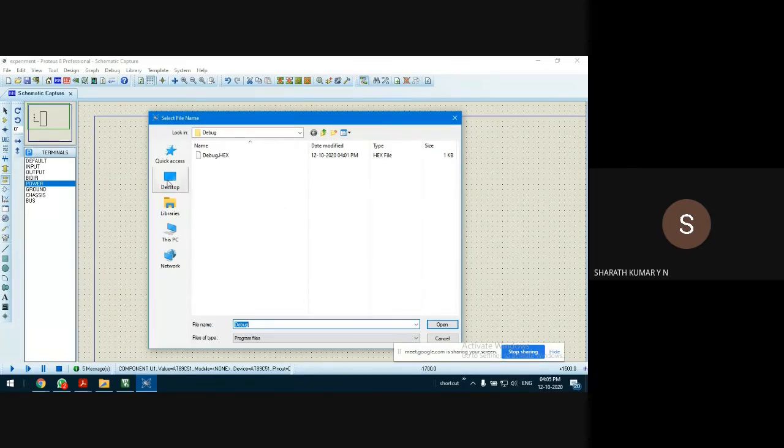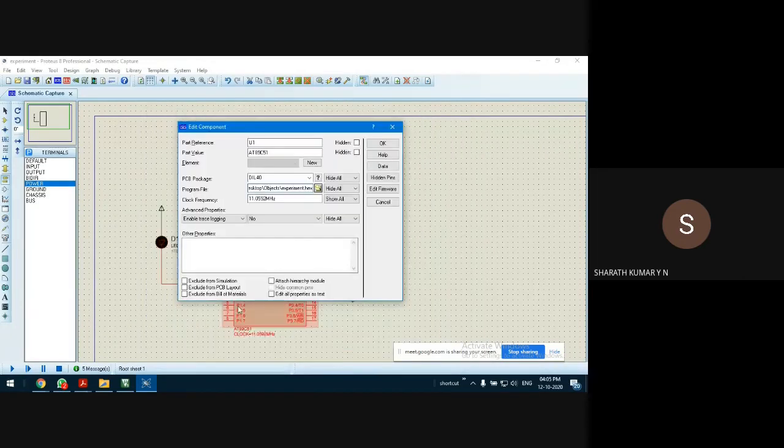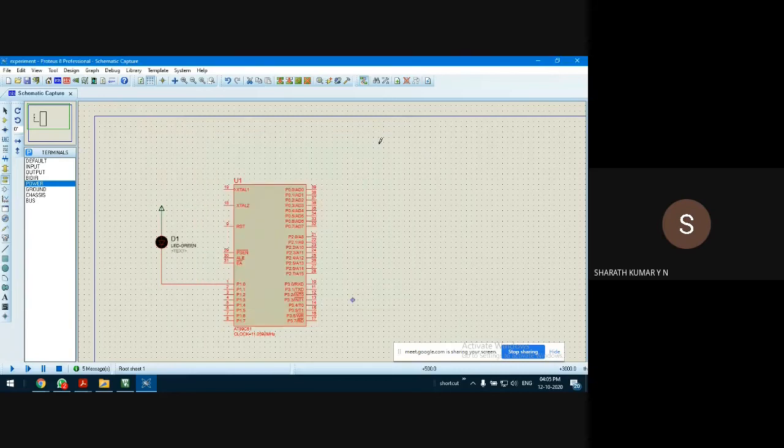Where we have saved the hex code, it is in my desktop objects folder. Select the hex code which you have generated using the Keil compiler. Press open. Of course you can set the frequency if you have not set as of now, and press OK.